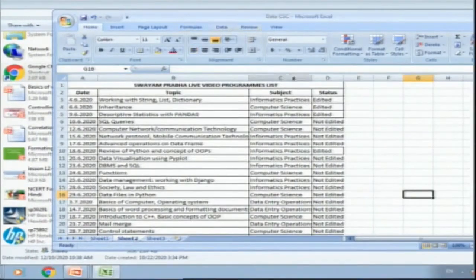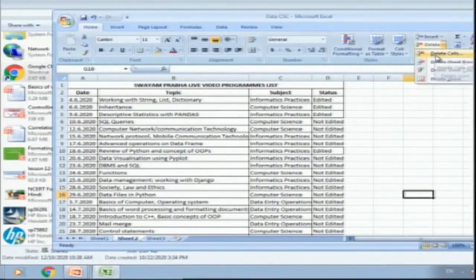Suppose I have this data, and in this data if I want to do some formatting, like if I want to delete rows or insert some more rows, I can choose the option. Here if you go to the cells group, you will be able to see the insert option. Here you can choose insert cells, insert sheet rows, insert sheet columns, insert sheet. So if I want to insert a new worksheet also, I can do it.